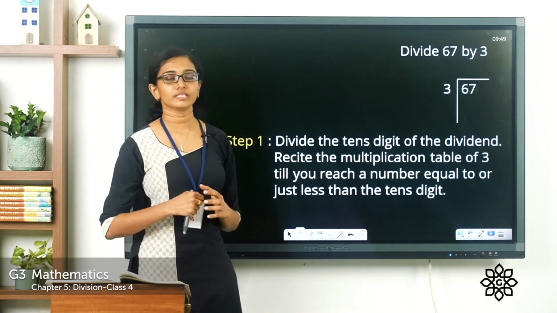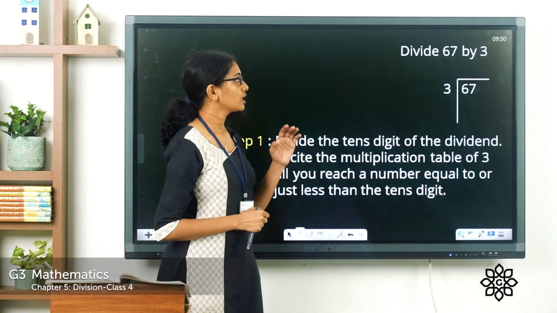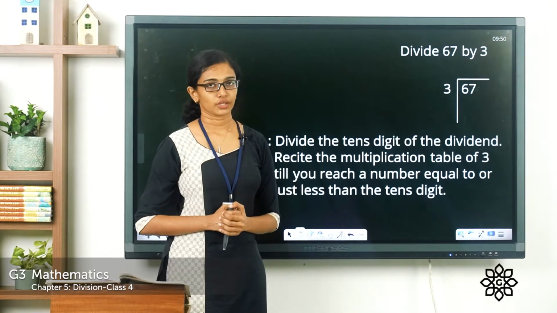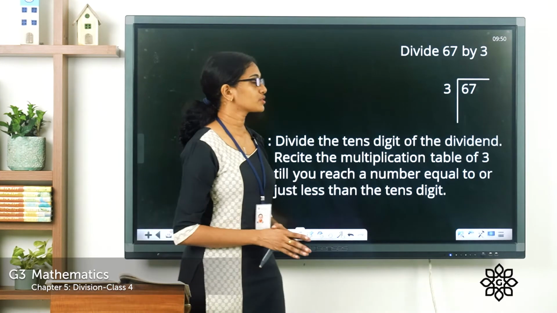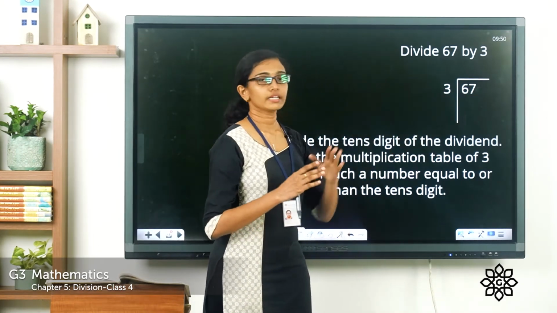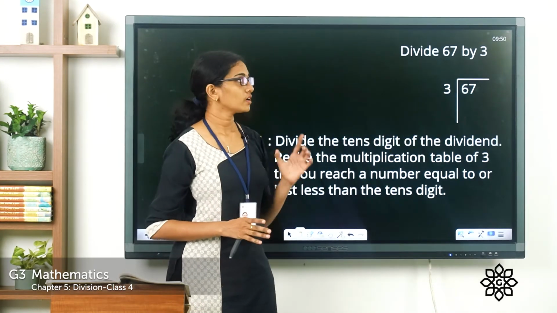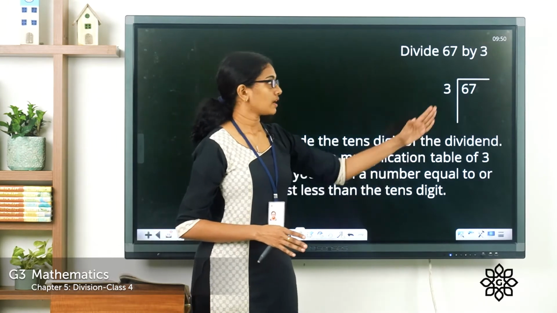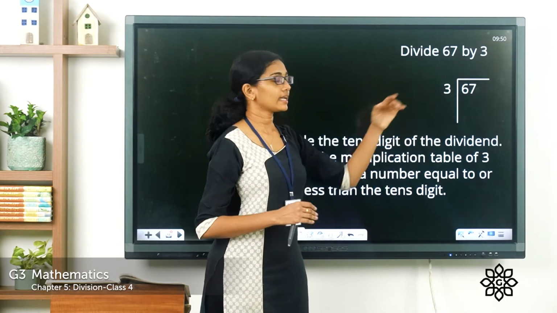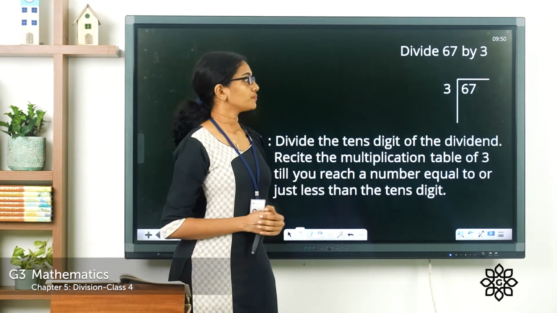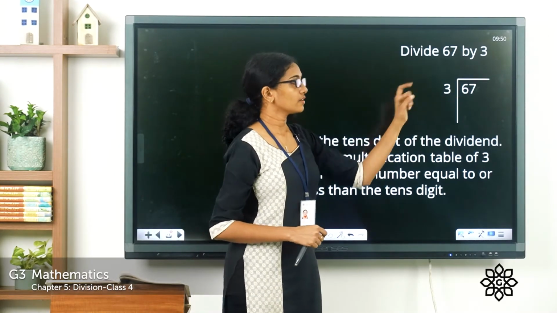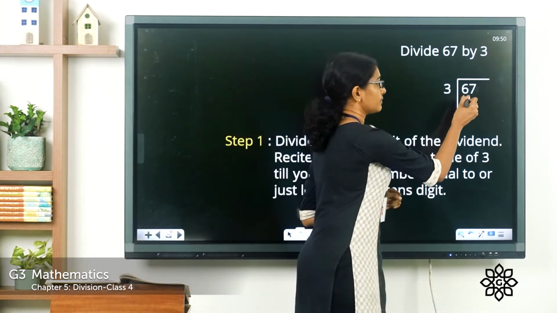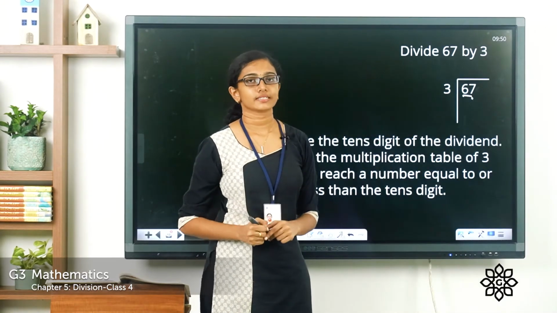Now, we will see a different case. Divide 67 by 3. So, similar to the previous question, the first step is to write the dividend and the divisor in the proper format for the long division method. So, we have written the dividend inside and the divisor outside. So, we are going to divide with a one digit number. So, let's consider the first digit of the dividend, which is the digit 6.